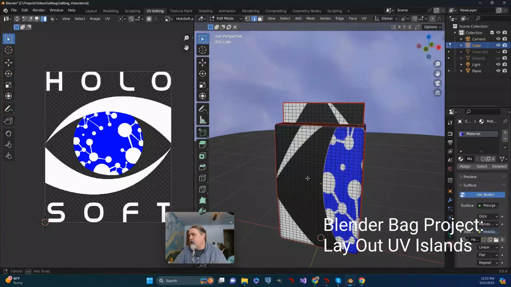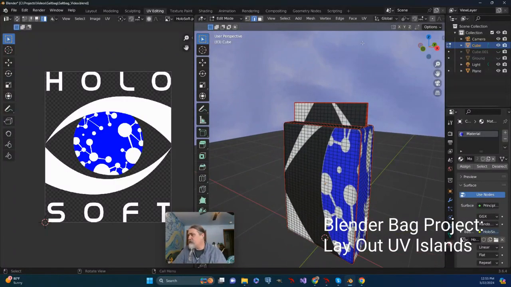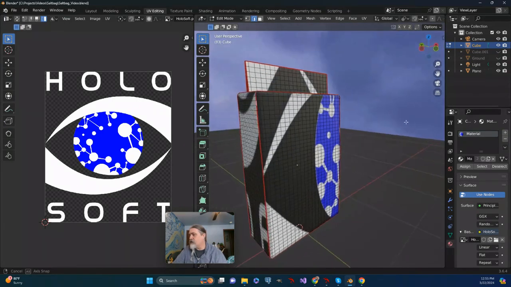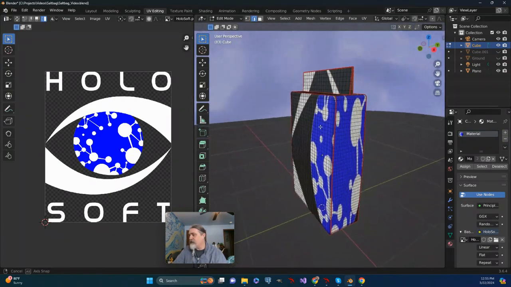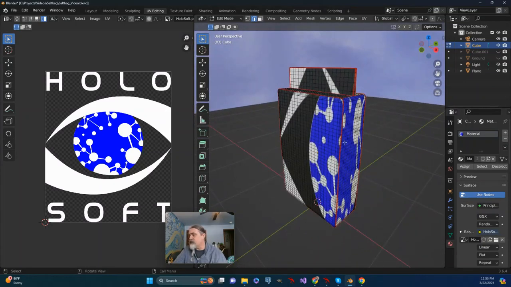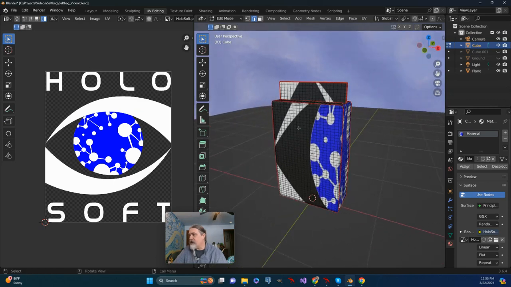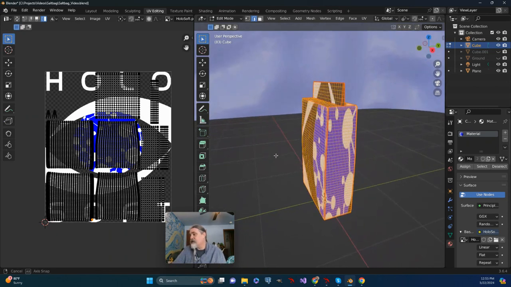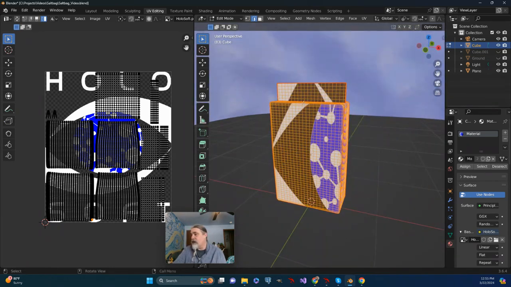Okay, so previous video I talked about basic UV unwrapping and also smart unwrapping. In this case, I went with marking the seams. This is a fairly straightforward scenario. So I just marked seams and did a regular unwrap. And when I did that, this was the result. So having done that, now it's just a matter of arranging things how I want, and this is